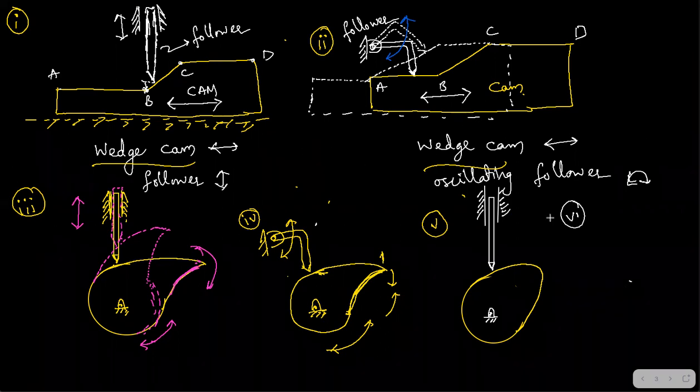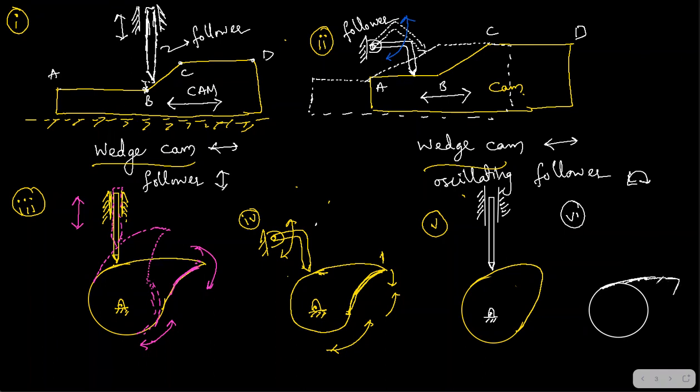Okay, we'll use the circle. And I hope that you're understanding the motion about what I'm talking, how the motion of the follower will be based on the shape of the cam. A little bit of rotating. Okay, fine. So this is another type of cam. This is the center, and we have to take off this portion, right? And this portion properly will round off.